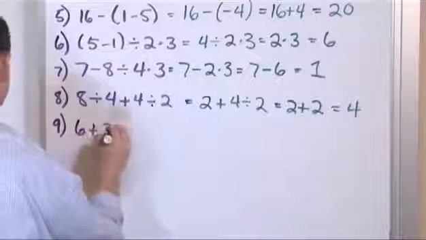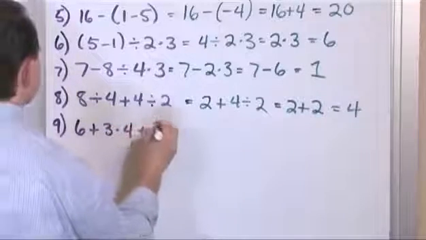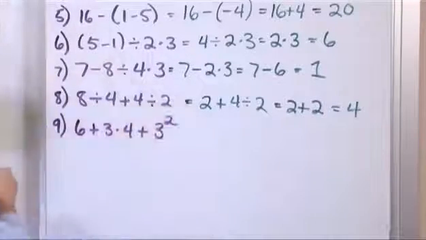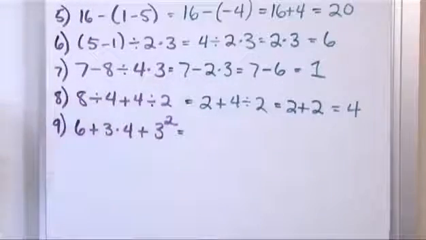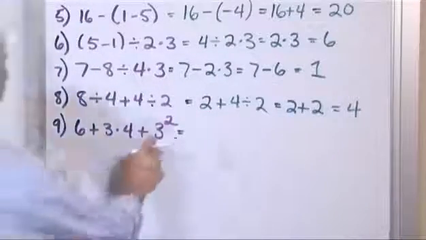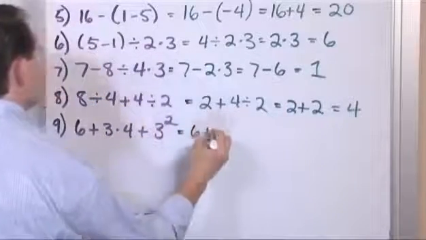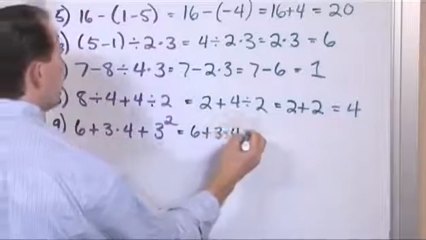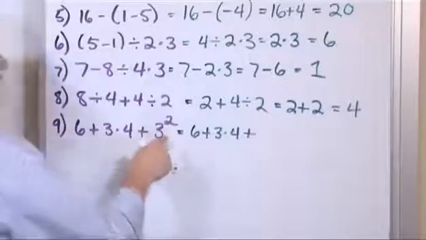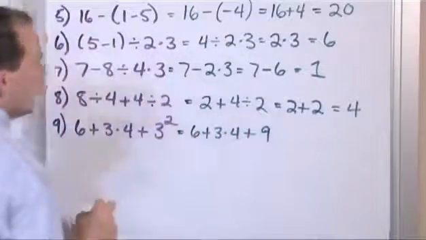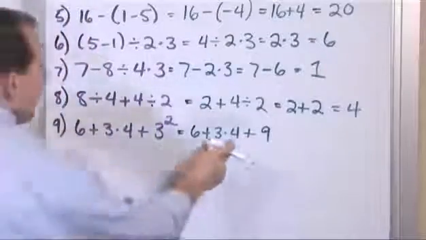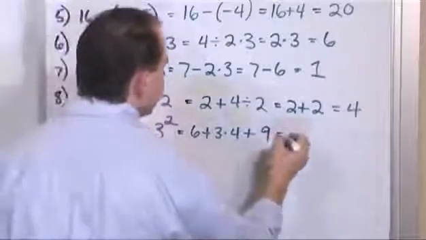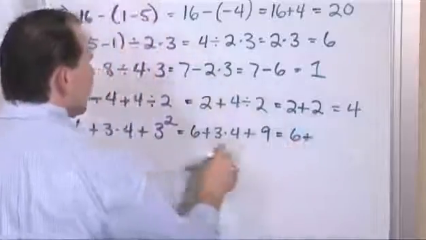6 plus 3 times 4 plus 3 squared. Okay, do we have any parentheses? No, we sure don't. Next thing, do we have any exponents? Yes, we do. So we do that first. 3 squared is 3 times 3. Now that's 9. Now you look again and you say, well, I've got addition going on. I'm going to do that last. I have to do the multiplication first. So I have 6 plus 3 times 4 is 12